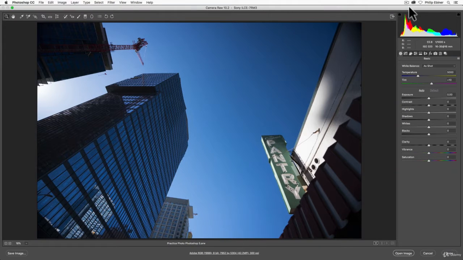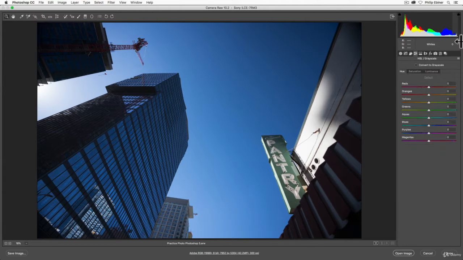Welcome to this new lesson in the Photoshop CC editing section. In this section, we're going to learn about this tab, HSL and grayscale. HSL stands for hue, saturation, and luminance. If you want to follow along, go ahead and open up the Photoshop